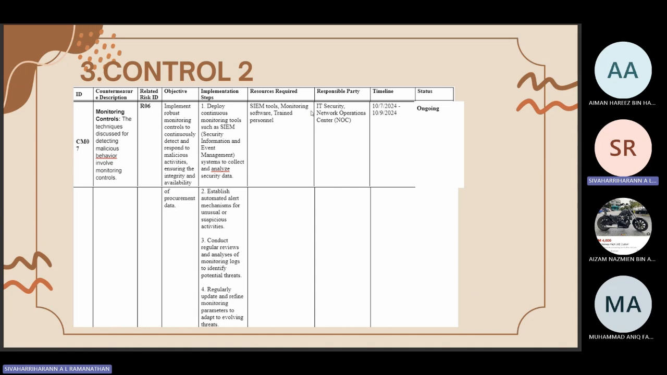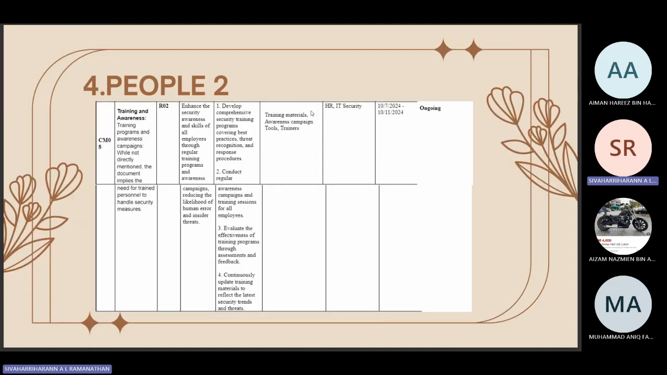So the resources required is SIEM tools, monitoring software and trained personnel. Responsible party is IT Security Network Operation Center (NOC). Timeline is 10 July 2024 until 10 September 2024. Status is still ongoing. So for the last part, which is people, we will be talking about training